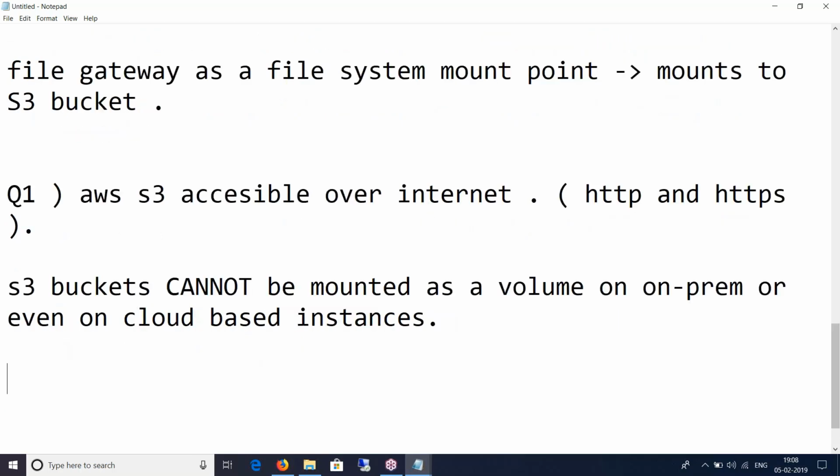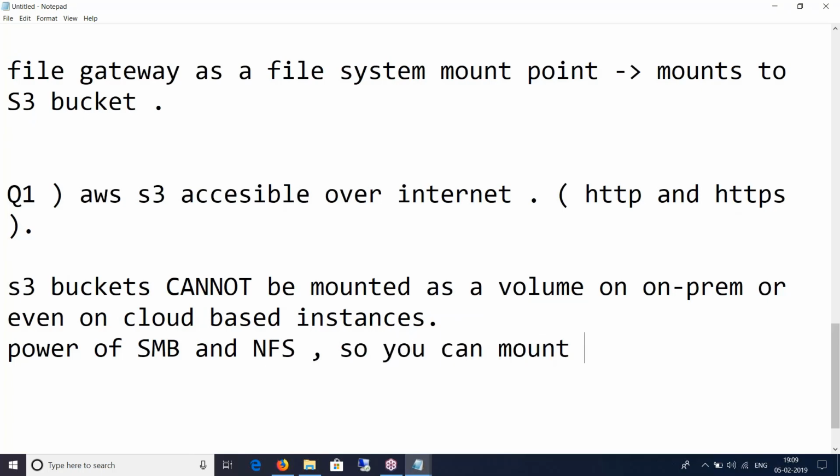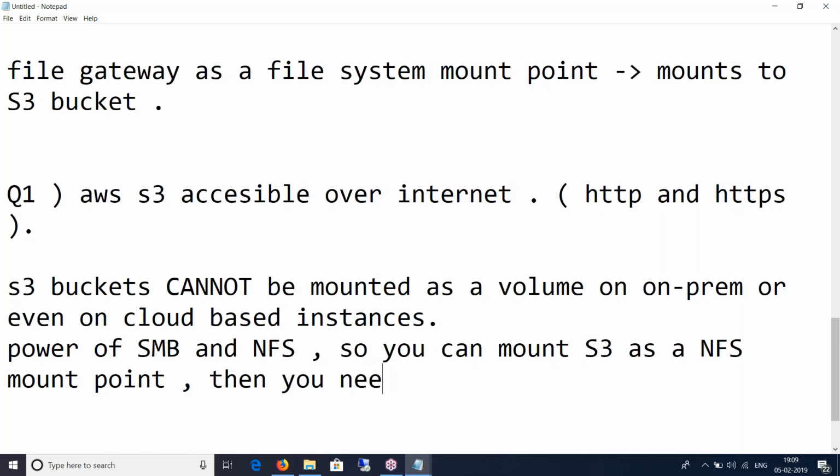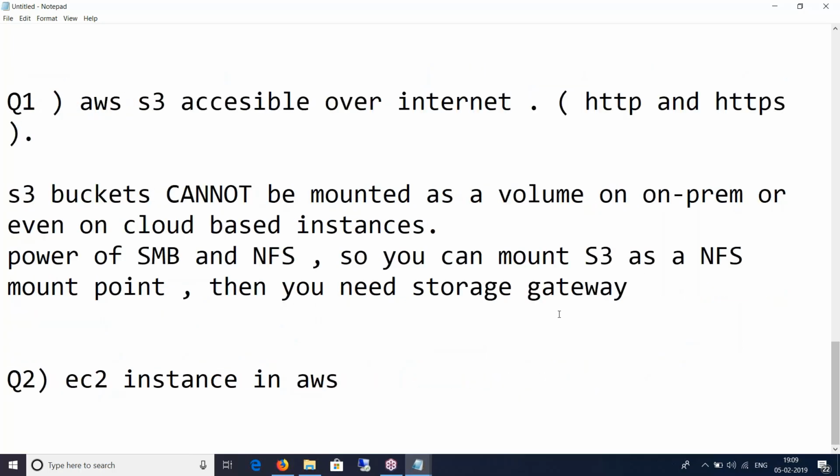If there are any applications that truly need the power of SMB protocol and NFS, so you can mount S3 as a NFS mount point, then you need a storage gateway. You create a storage gateway, connect the S3 to the storage gateway, and then you can mount this storage gateway on your premise or in a different cloud as well. Does this answer your first question, Amit?